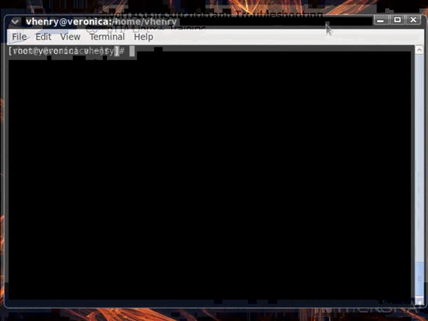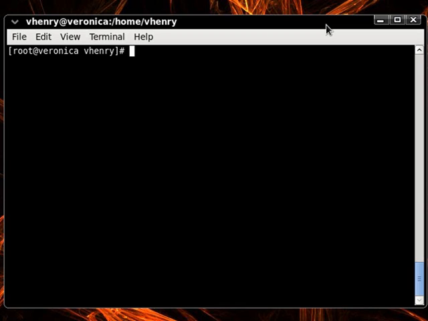In order to enable routing temporarily, we must edit the ip_forward file and change the option from 0 to 1. To do that, at the command line, we use the echo command. Again, make sure you still have root privileges. We'll type in echo, space, the number 1 in quotes, space, greater than redirector, space, and then we put in the full path to the file, which is /proc